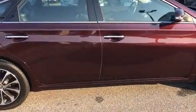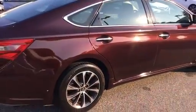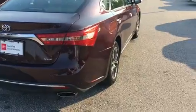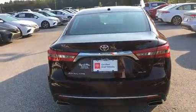It has a total of 10 safety systems on here, including the ability to look at your tire pressure on here. It also has the dual exhaust, as you can see on here. I'll show you the